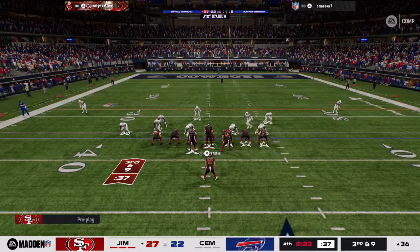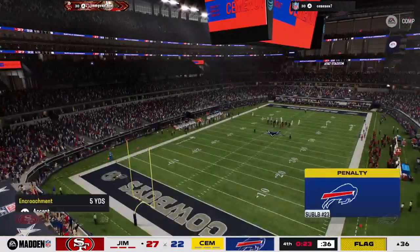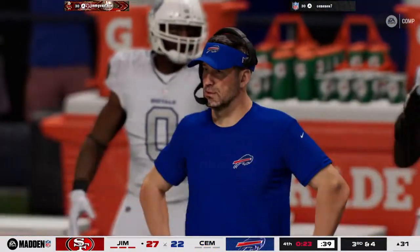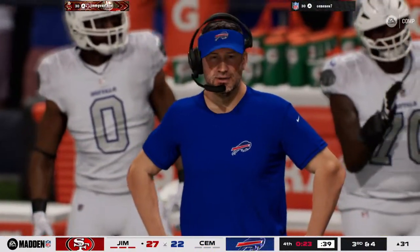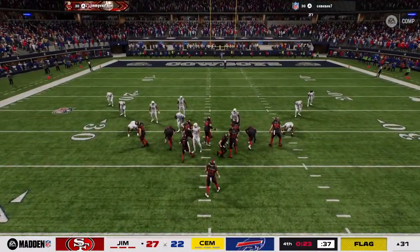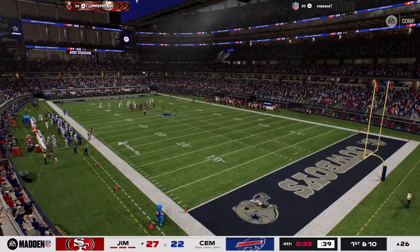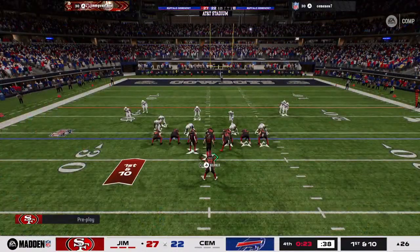Setting up for the kneel down on 3rd. Oh, looks like the defense got a little too excited there, and that's going to be a penalty. He thought he had the timing down and could make the play, but just a hair too early. Well, it's not a long walk to the new spot, but it is a disappointing one to make. Instead of 3rd down, they're...